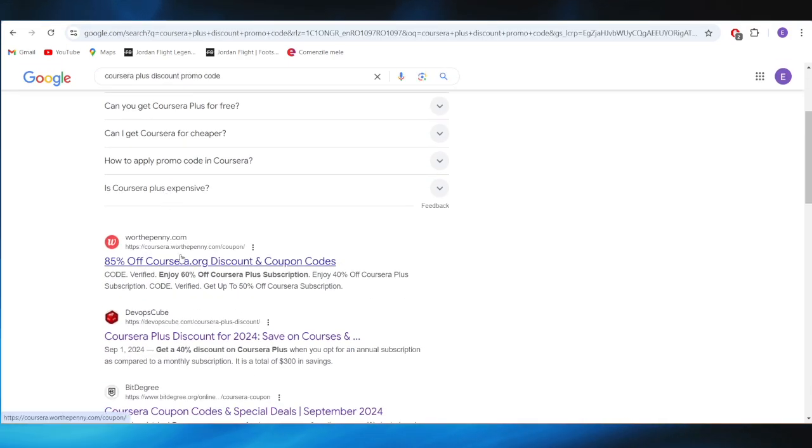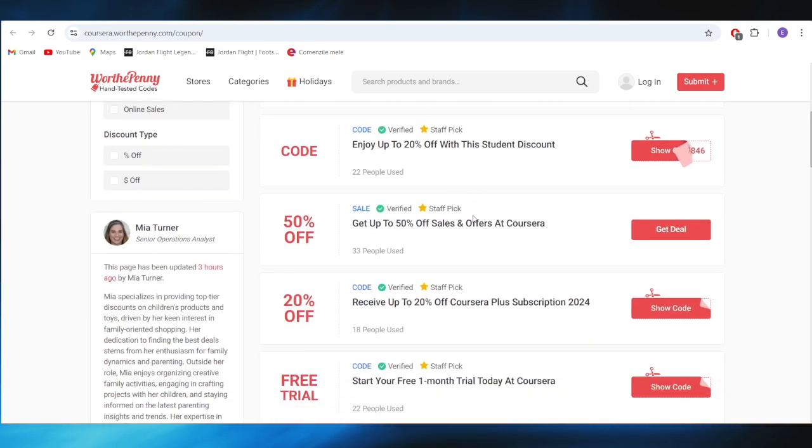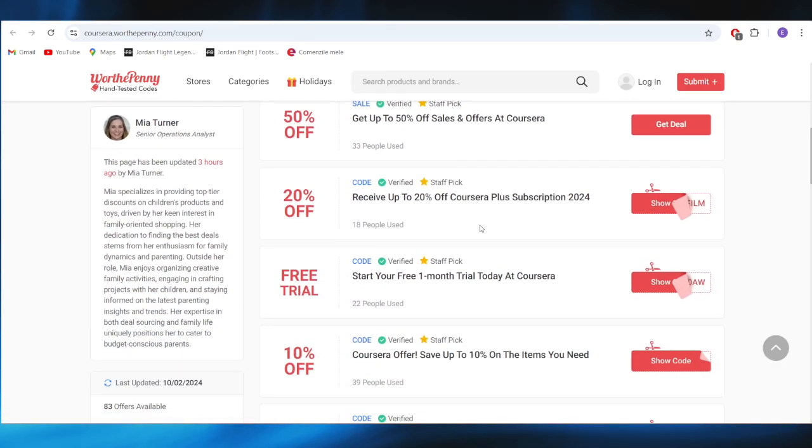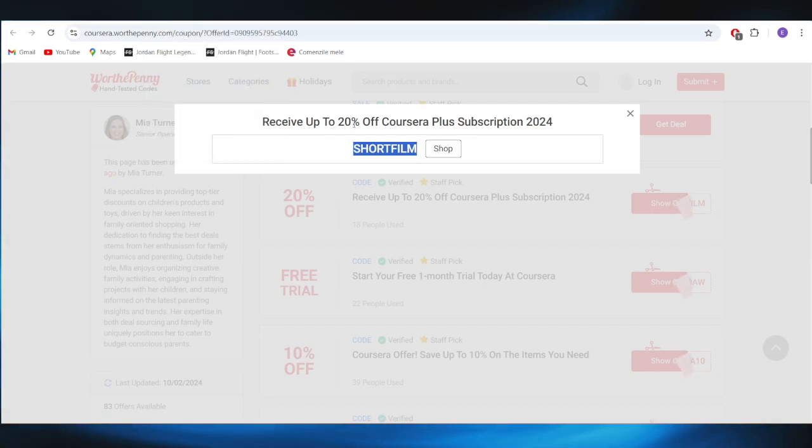Also, going back to our main search, we have this website which is called world20.com. As you can see, we have some promo codes here as well that we can use to get some discounts. For example, if you want to receive up to 20% discount on a Coursera Plus subscription, all you need to do is select code. Then the promo code will show up. You can simply tap to copy this promo code and apply it in order to get this 20% discount on your Coursera Plus